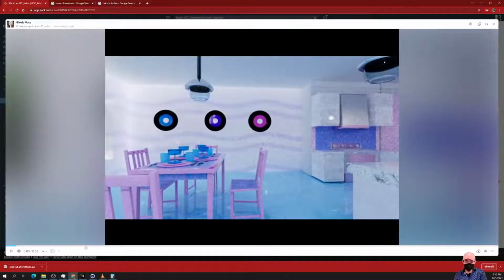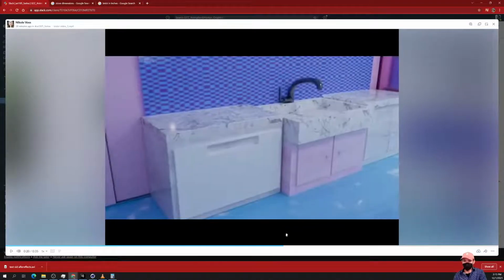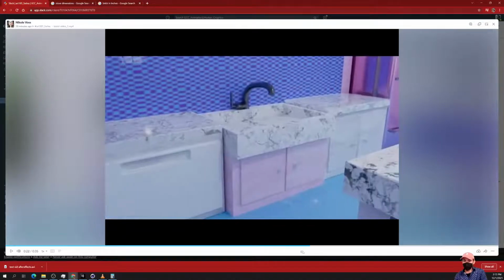I like the pattern on the wall here. This is cool. This wave pattern. I like that. That's very cool. Yeah, this shot strikes me as just kind of awkward. Maybe something with some more detail there for that one. And then this,